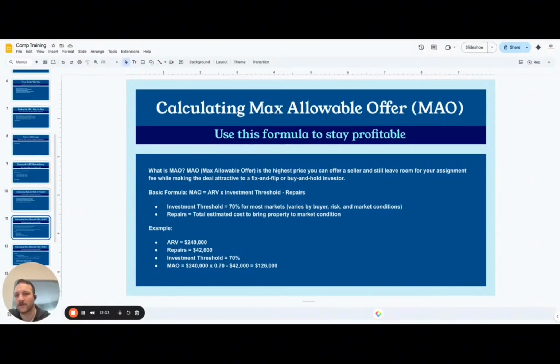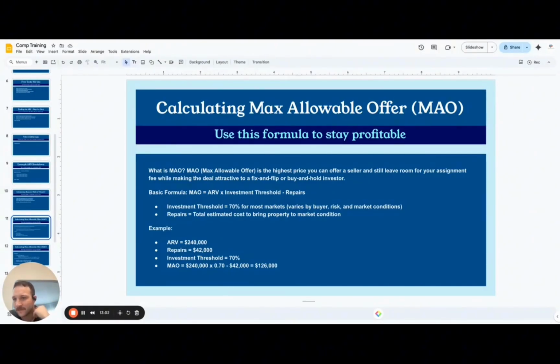So calculating MAO, we had another training on this, but MAO, again, max allowable offer, is the highest price you can offer a seller and still leave room for your assignment fee while making the deal attractive to a fix and flip buyer or a buy and hold investor. The basic formula is MAO equals the ARV, let's say it's a 240 number, which we have down here as an example, times the investment threshold, minus the repairs.